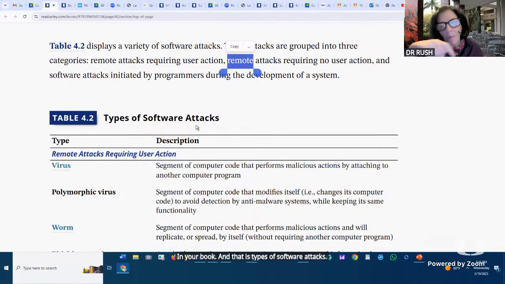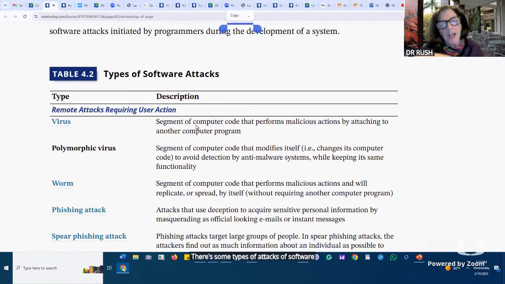And that, Mark, that question was not so clear, but this is what they were alluding to. There are some types of software attacks that require a user action.